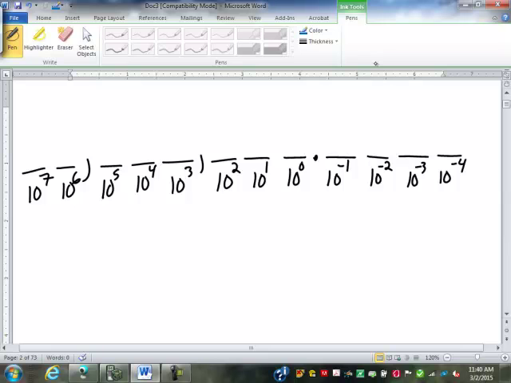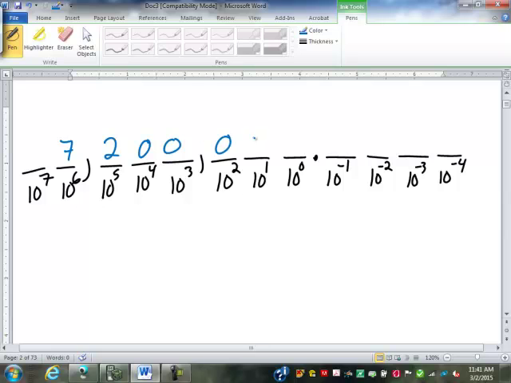We can get into the algebraic numbering system where the 10 is replaced with x's, and those are our place values. Or we can get into like a binary where the 10s are replaced with 2's, or an octal where we replace them with 8's, and all sorts of things. But anyway, for today, what we want to look at with these being our place values is we want to look at taking a number like